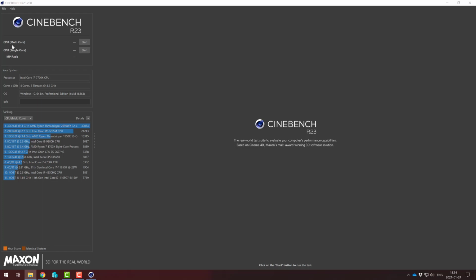We can see that we can benchmark the processor either multi-core or single core. This is the processor my system runs on, i7-7700K, 4-core 8-thread, and I'm also running Windows 10 64-bit. So I'll start with single core first and then multi-core. But when I run Cinebench, I would like to close all the recordings so that it runs clean and I get a very clear benchmark. So I'll stop recording and get back after getting the readings for both single core and multi-core. Then we will compare the ratings with CPU Monkey, which I rely on for processor benchmarks. Let's see how my processor benchmark compares to the CPU Monkey benchmark averages.